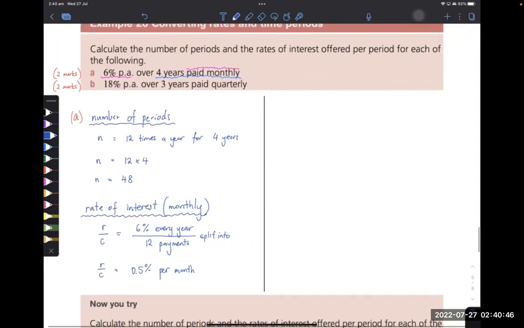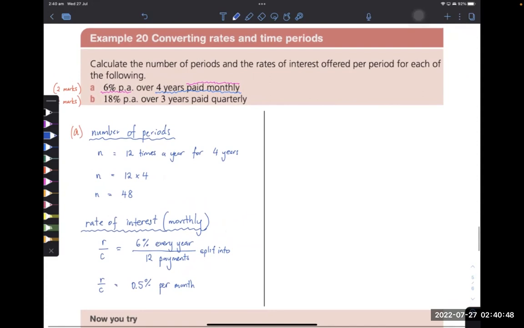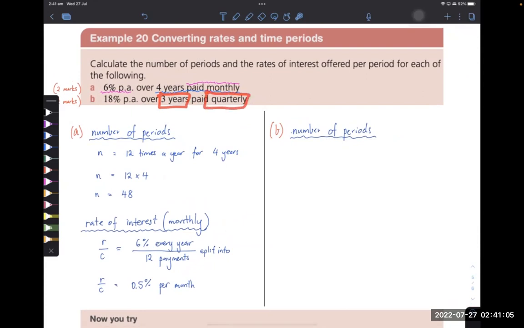I'll do the same thing for part B. And see here again, if we want to calculate the number of periods, we'll just duplicate here. We need the other idea of how long it is and how often it's going to be paid out. So we know that N, this idea of quarterly. When you hear the word quarter, we think of